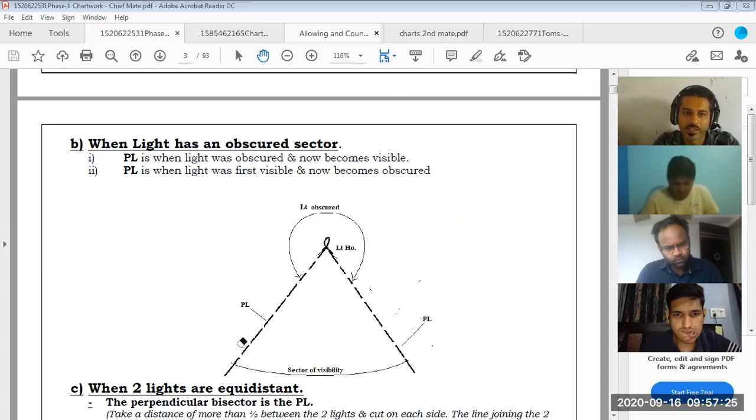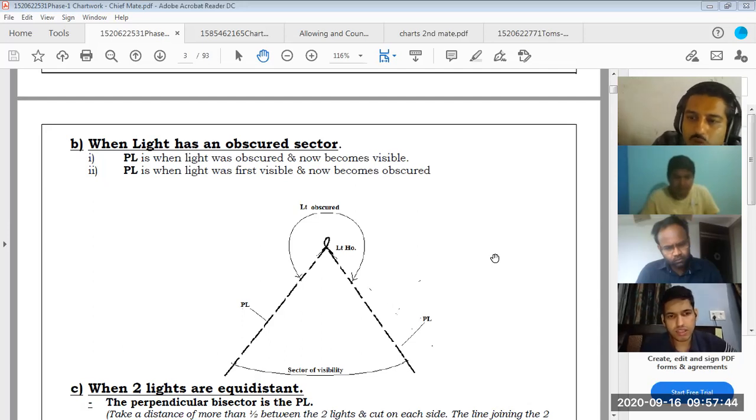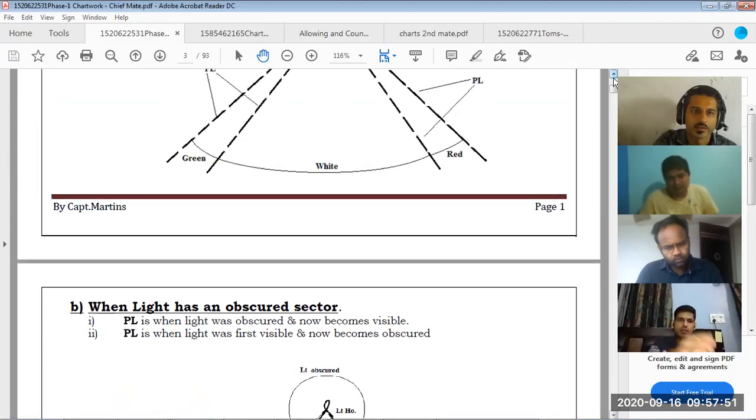So when the ship is passing from here to here, the moment you see the light, you will get 1 PL. And when you're passing again, the moment the light is last seen or you cannot see the light, that is your second PL. So with an obscured sector, we can obtain different position lines of the lighthouse.